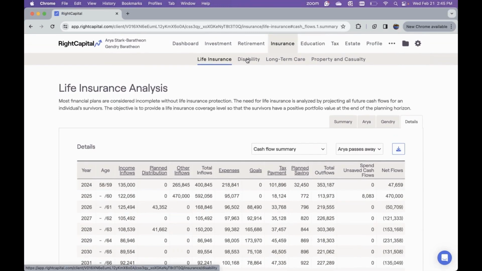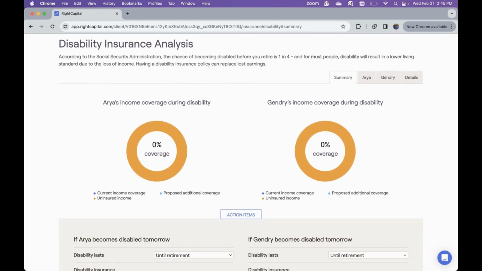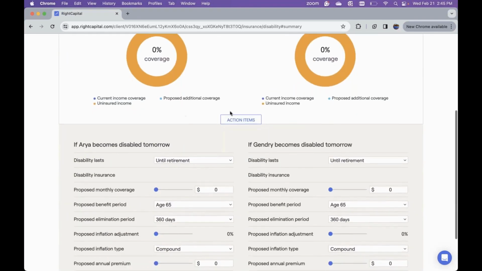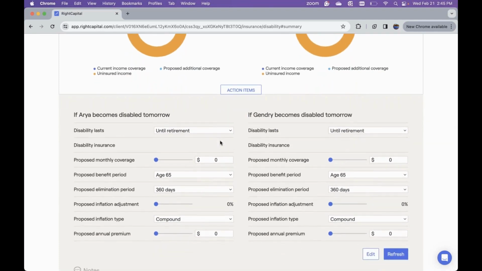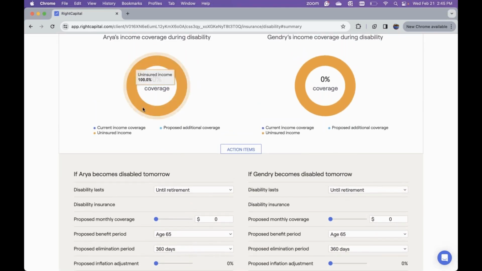Next up for insurance conversations is going to be our disability insurance module. This is where we can see how much a client's income is currently covered and also view an analysis of how much insurance they can get to cover their income. Under the action items, this is where we can see, if somebody becomes disabled tomorrow, you can define what you would see for your proposed monthly coverage and those proposed insurance parameters to show how that would impact